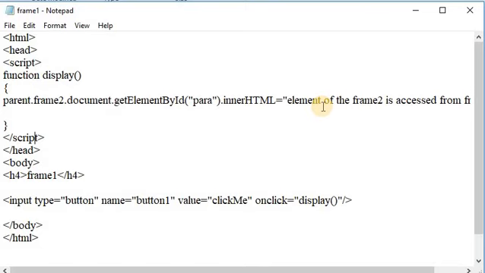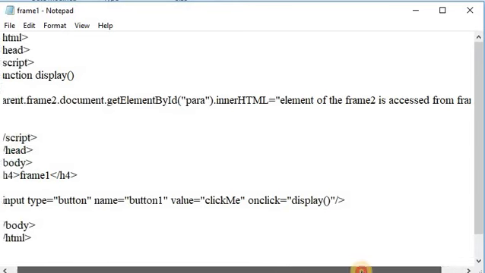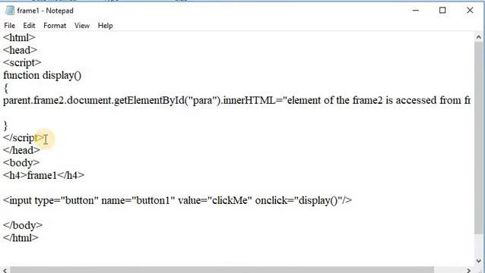Here I am passing the sentence, element of the frame 2 is accessed from the frame 1. After that, close the script tag.